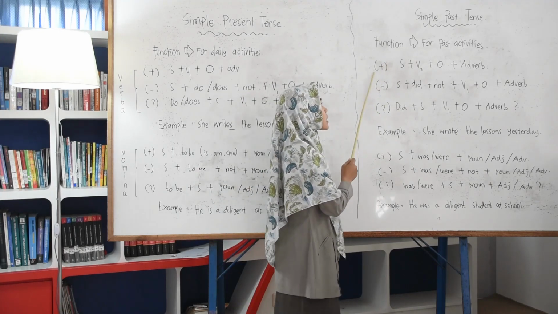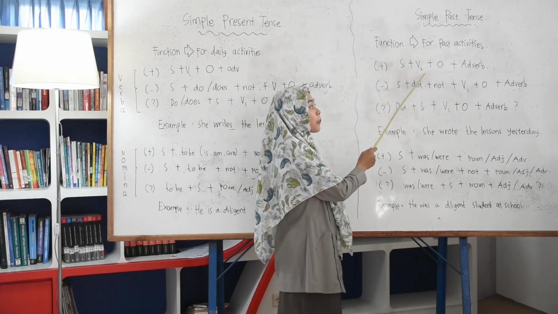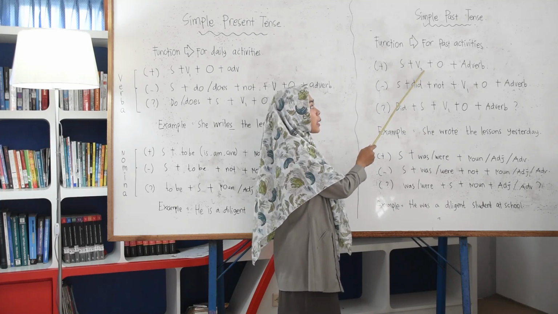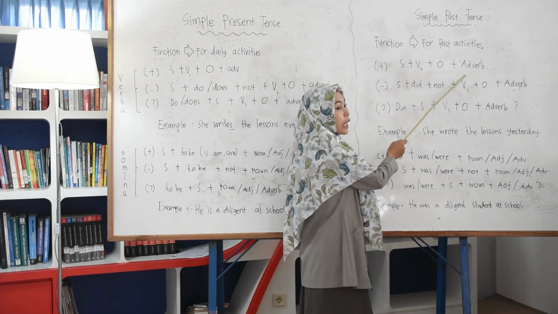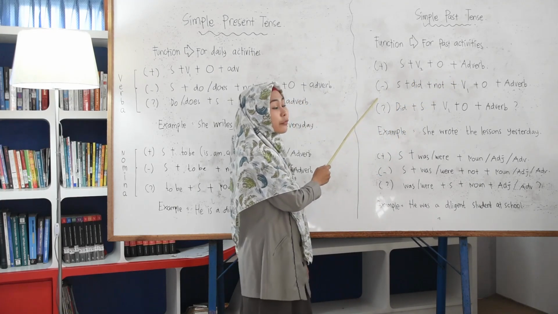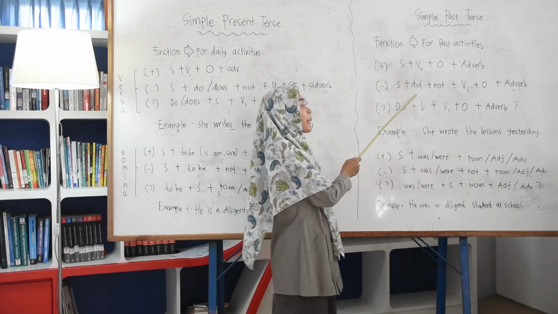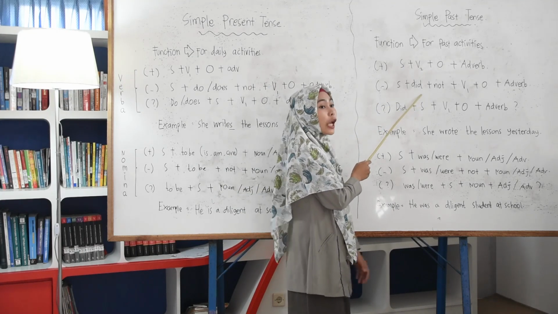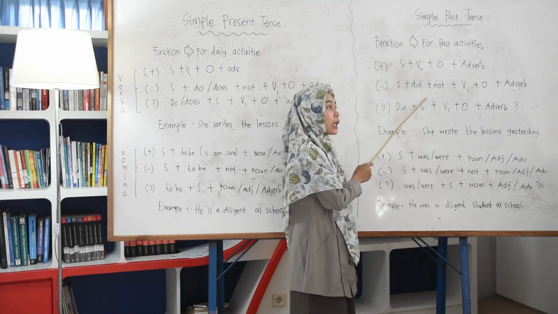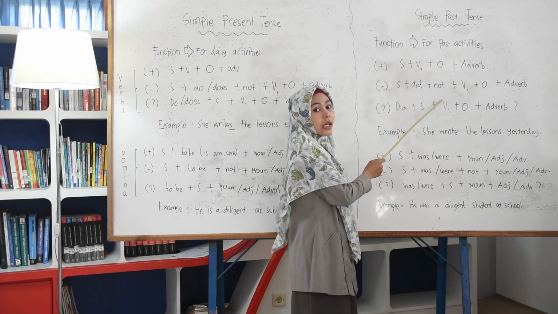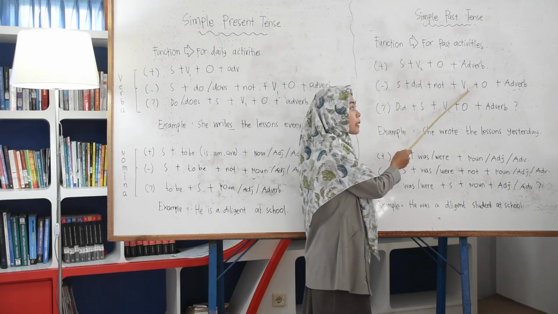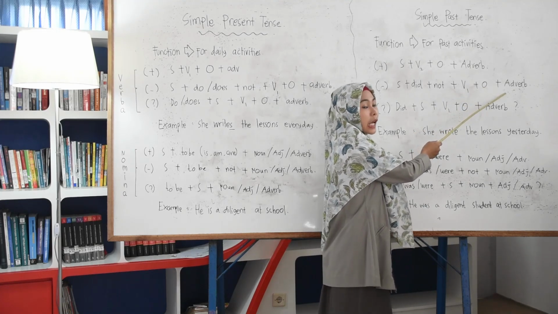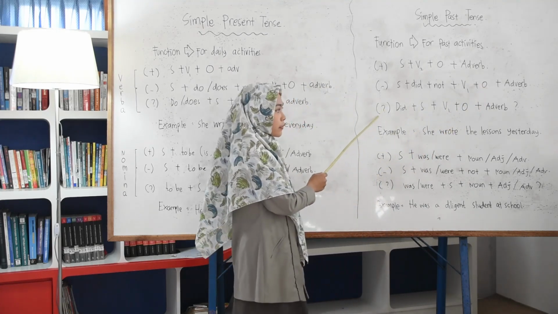The verbal sentence in the positive is subject plus verb 2 plus object plus adverb. The negative, subject plus did, every subject that you can use did, plus not, plus verb 1, plus object, plus adverb. Interrogative form,